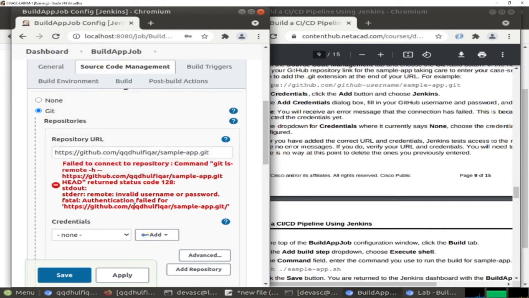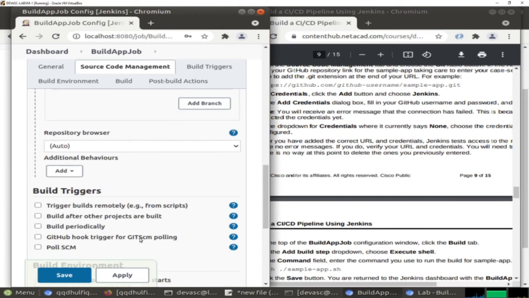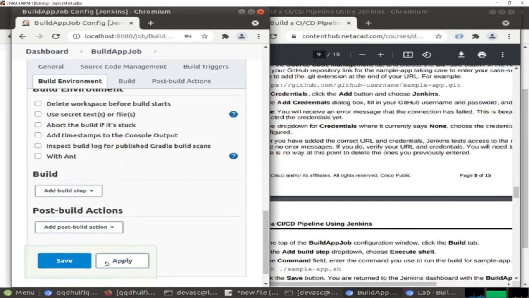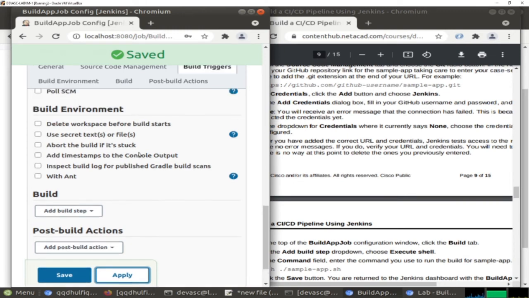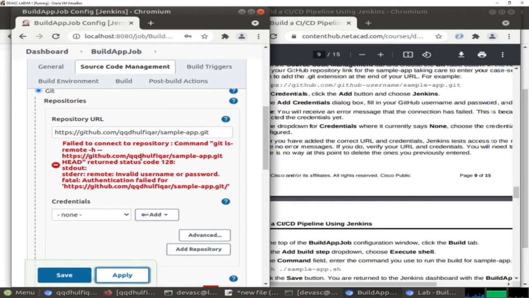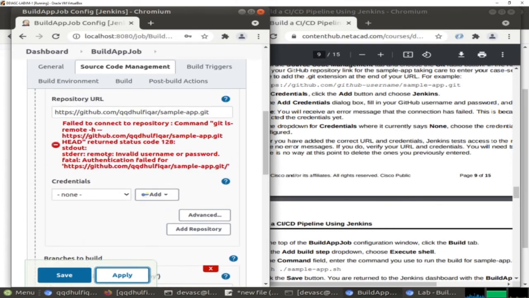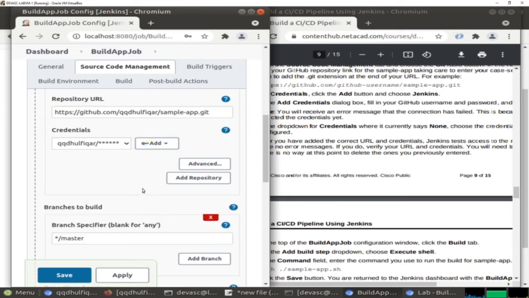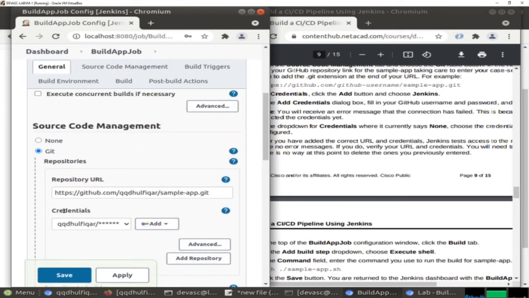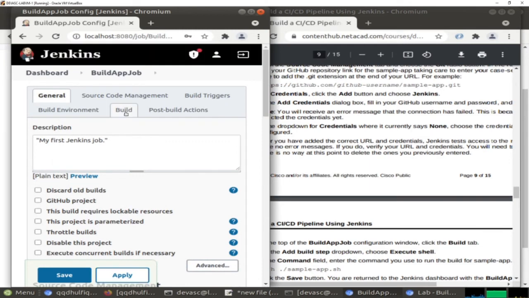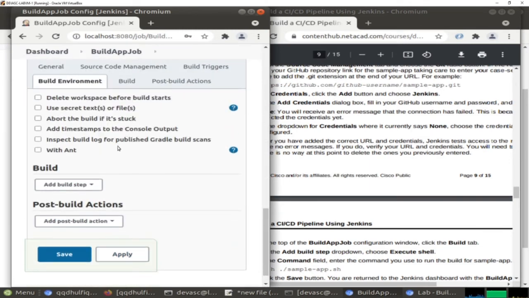Save it here. Then apply. Here it's okay. Now we don't have an error. From credentials we use our username and password, and then click add and then apply. And then let's move forward to build, and let's select